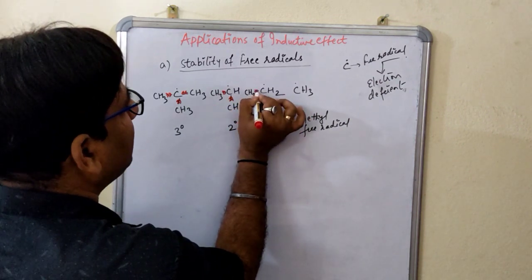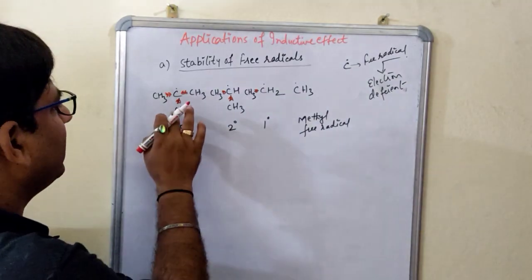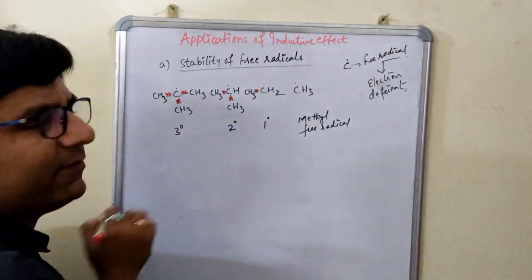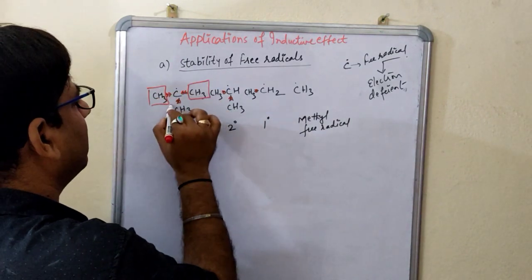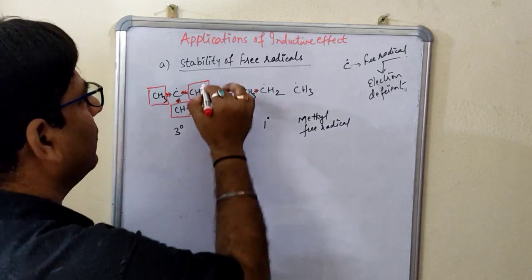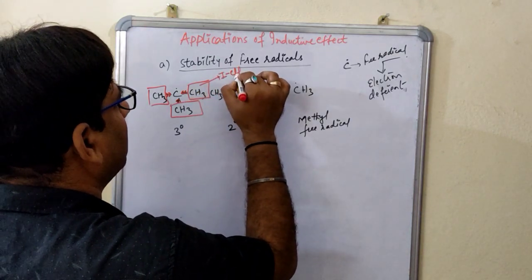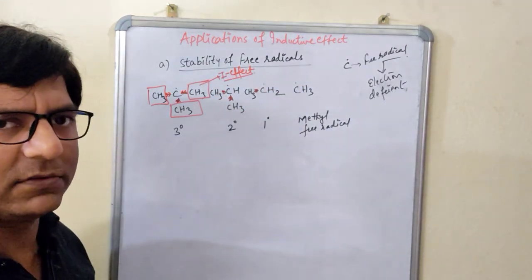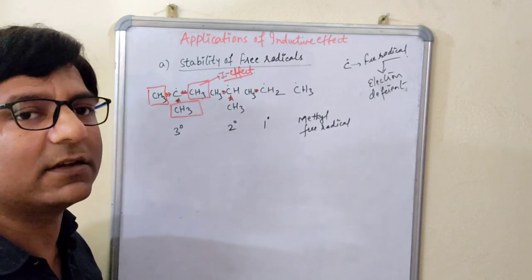Here it will get from 1 side, and here we don't have any electron donating group, because all 3 are what? These all 3 are the electron donating group having plus I effect. These all 3 are having the plus I effect. Okay, I am writing here plus I effect. All alkyl groups, they are having the plus I effect. They all are electron donating in nature.